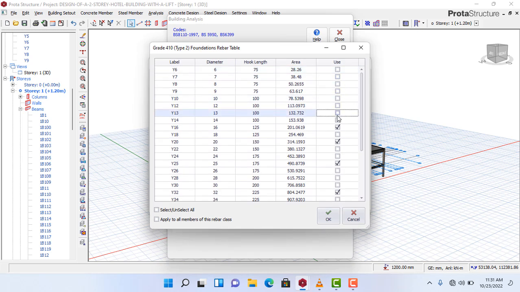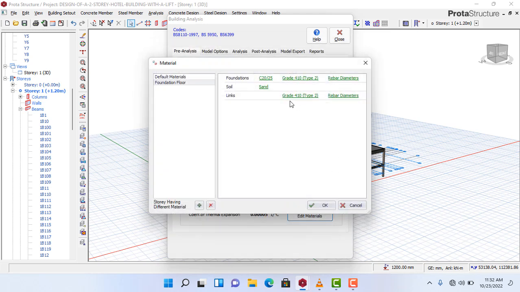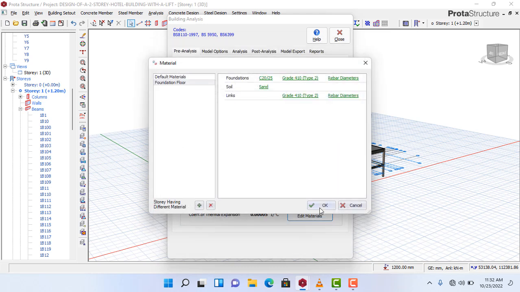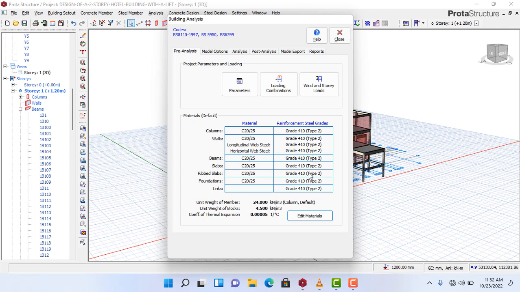For our foundation, which is our footing, we use Y12 and Y16 for our foundation. Okay, for our links, we only choose Y8 only. Okay, for our links. So once you are done with editing your material,